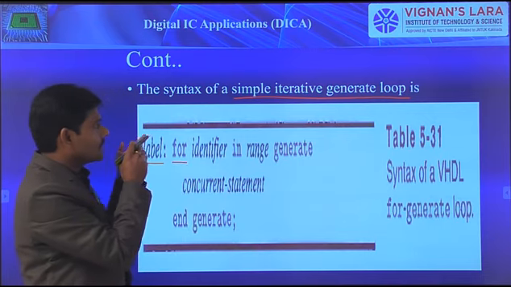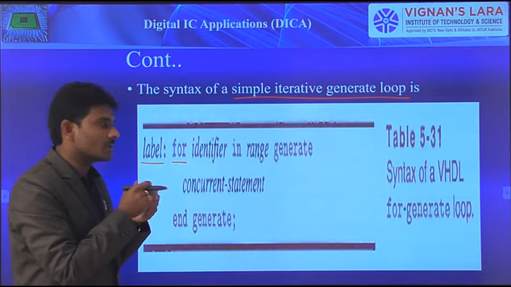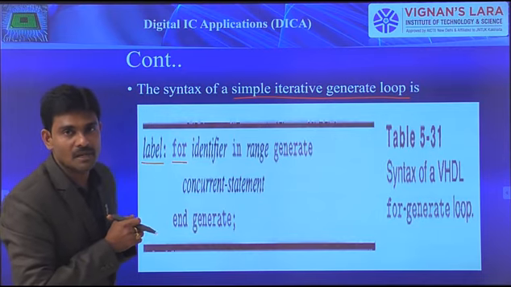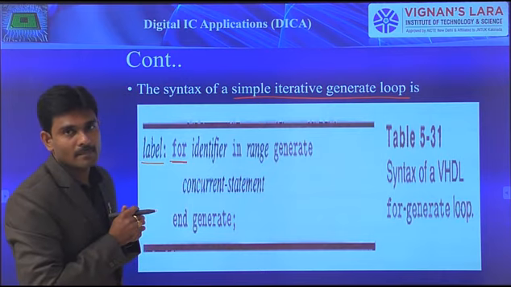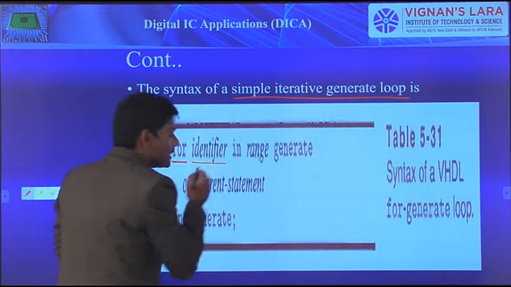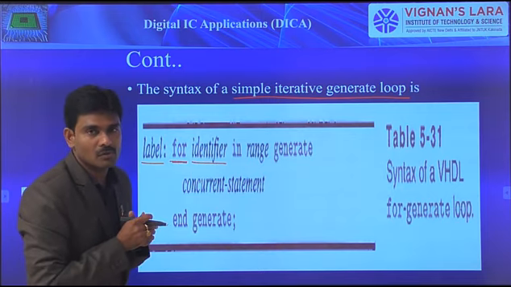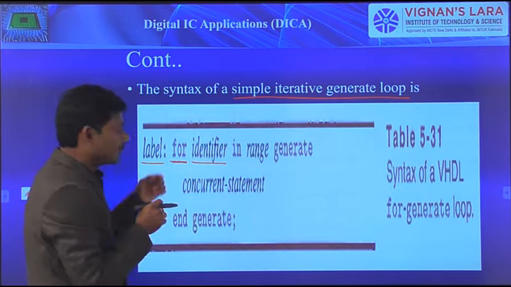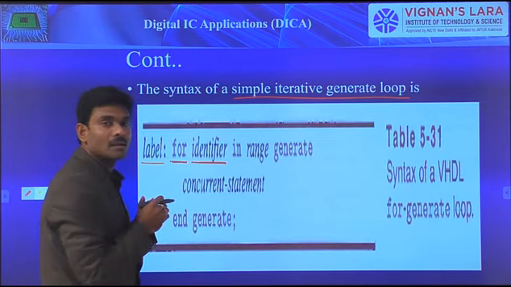As we discussed, the generate statement includes for loops, which can achieve that operation. Because of that, it starts with the keyword for, then an identifier. Any name can be given as the identifier. But if you look at this circuit, there is no physical significance for this particular identifier.